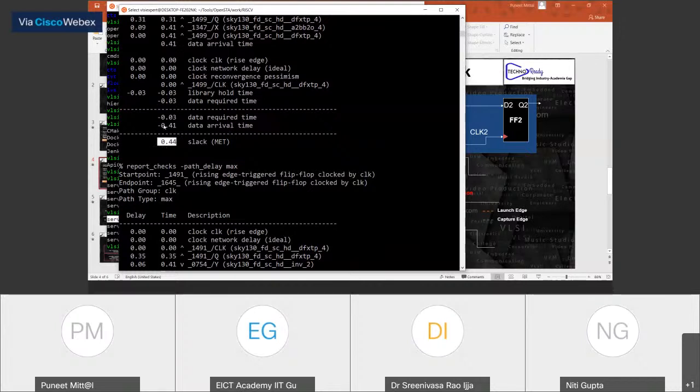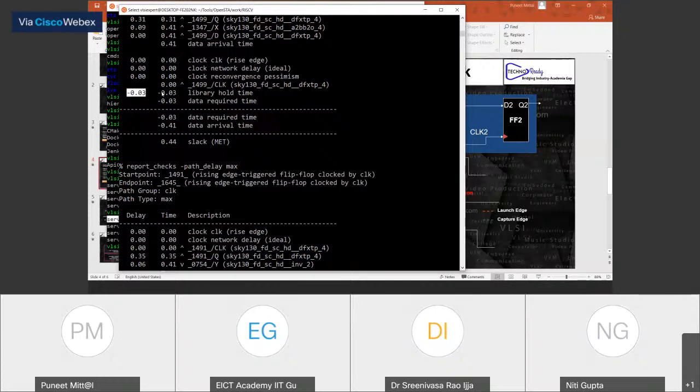Now the question comes, how come this hold time is negative? There is something known as a negative setup time and negative hold time in hold time and setup time. Those things we are going to discuss tomorrow, not today. Just understand right now, there is something known as a negative setup, negative hold. So right now, consider this as a negative hold.